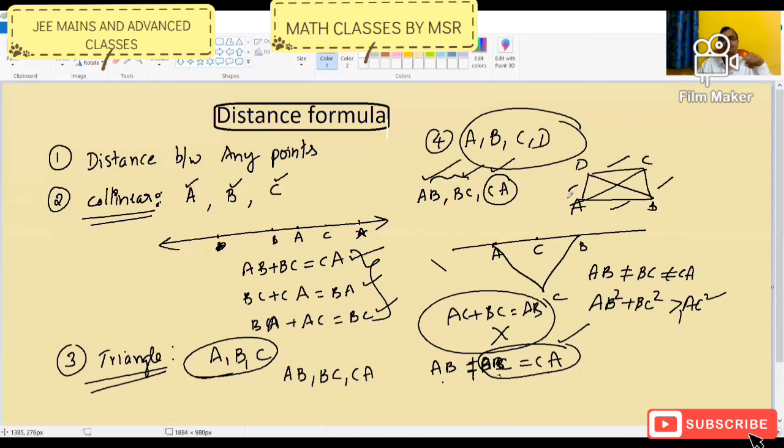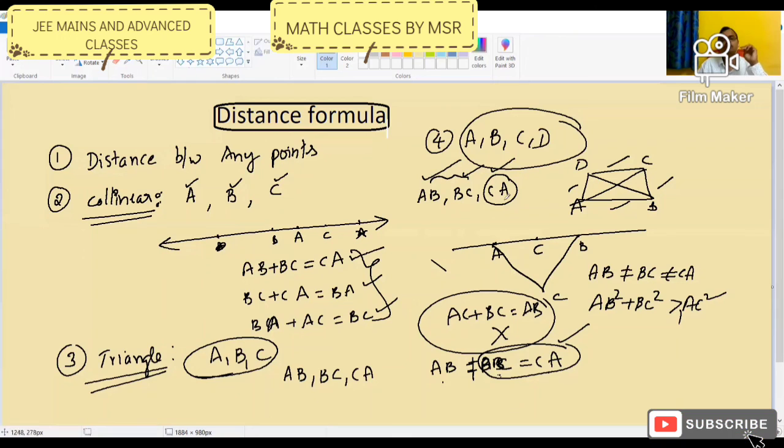If all the sides are equal and the diagonals are also equal, it is a square. Suppose all the sides are equal but the diagonals unequal, we can call it a rhombus. If opposite sides are equal and diagonals are also equal, it is a rectangle. But if opposite sides are equal and diagonals unequal, it is only a parallelogram. At the same time, every rectangle, every square and every rhombus is a parallelogram.